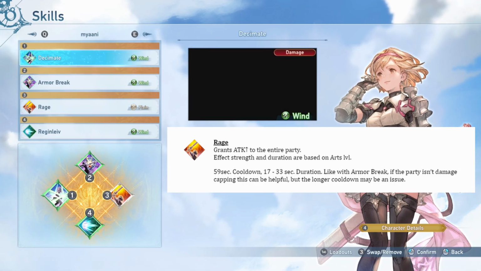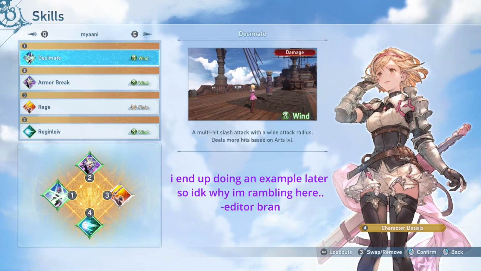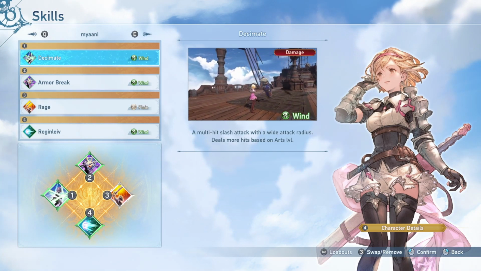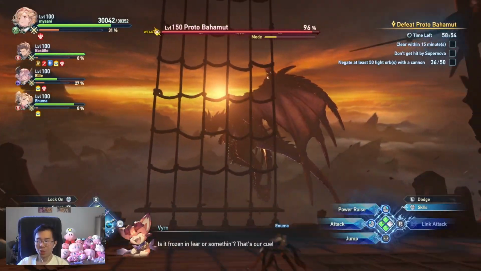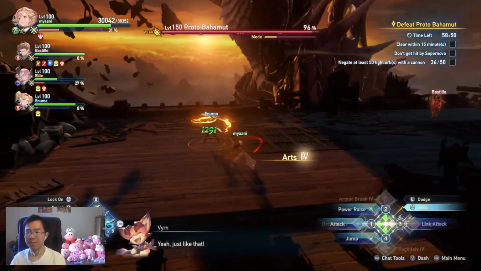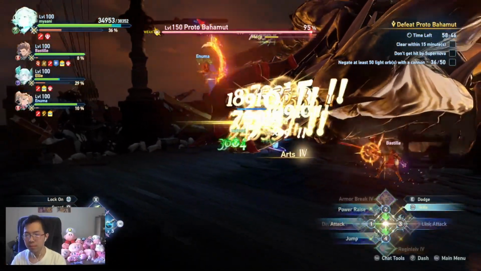So these abilities all combined will make sure that you and your friends, or your group rather, will always cap your damage during important moments in the fight. This is most easily seen during Proto Bahamut, which I'll probably have in the background while I'm just rambling to myself, but you'll see that whenever Proto Bahamut goes down for a period of time where we can slap him, I always pop all these abilities and my personal damage spikes up, and maybe my allies' personal damages spike up